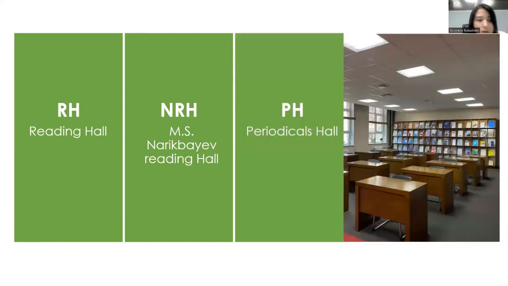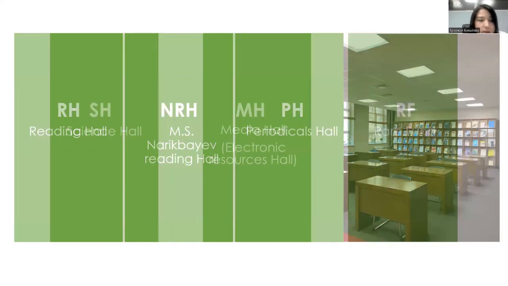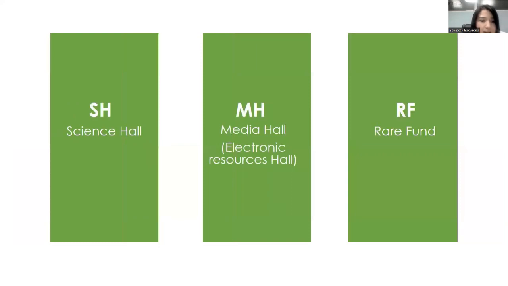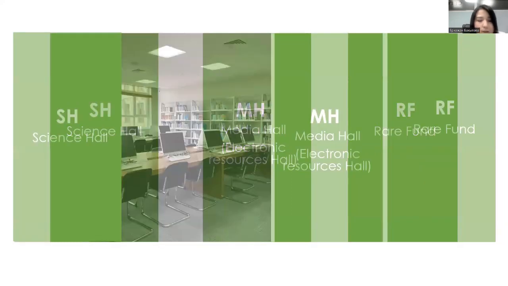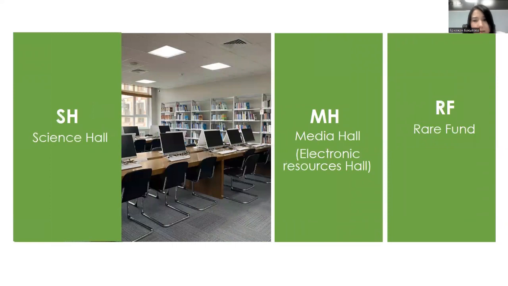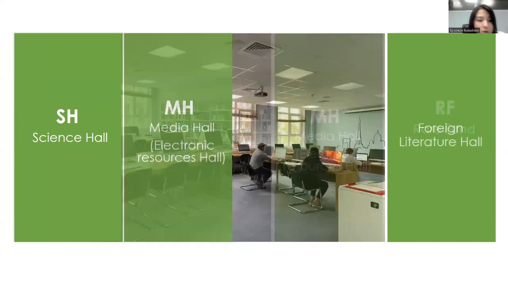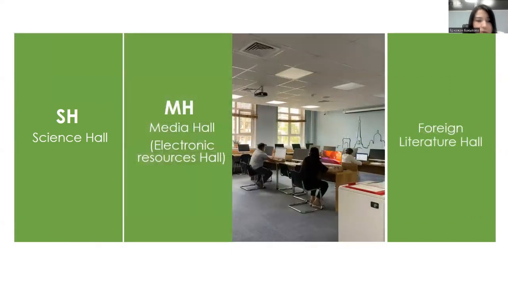The next hall is a periodical hall, which contains magazines, journals, and newspapers from the last few years. The scientific hall has completely switched to the new LCC system and contains theses, abstracts, and books related to scientific activities. The media hall is equipped with the new monoblocks in which you can work and also has a collection